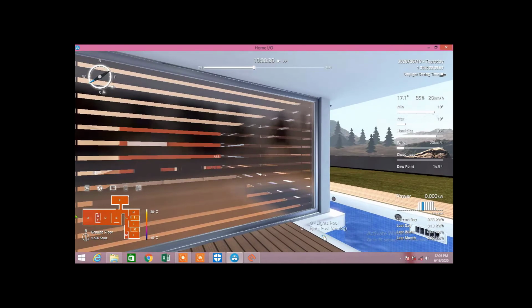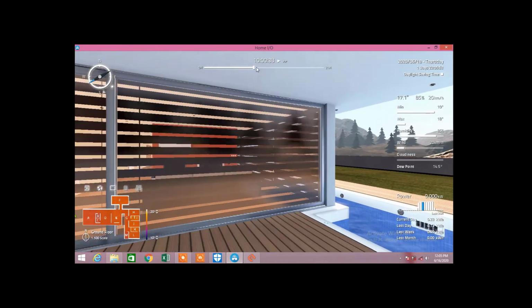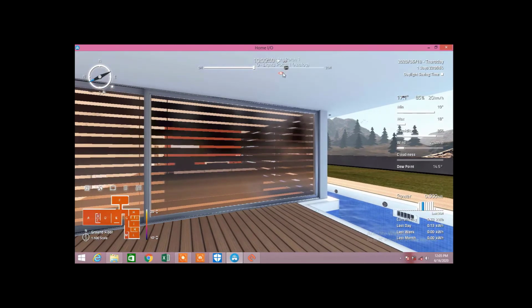I have to change the status to blue, and also turn on the lights during night time for the porch. This is the porch and this is the pool. So I am changing the tag here.